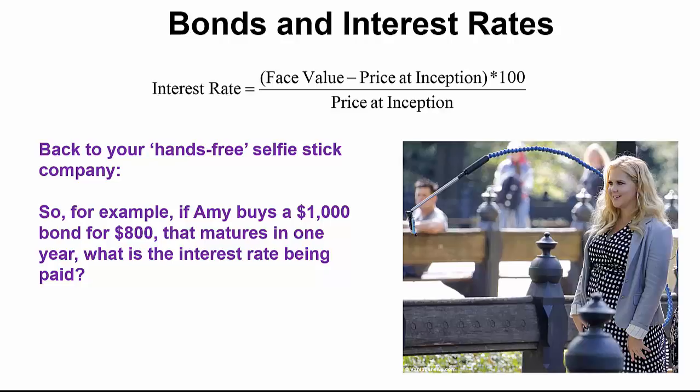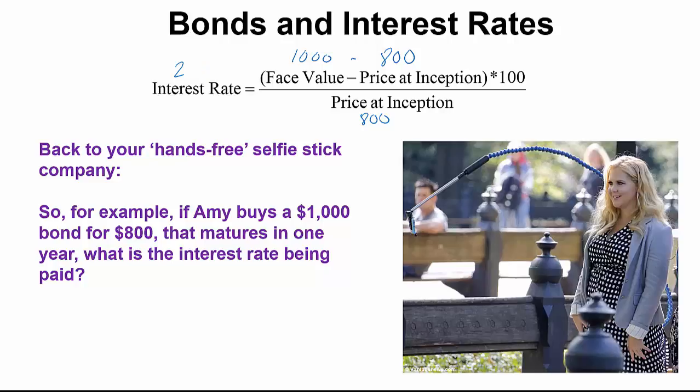So, for example, Amy Schumer decides she's going to buy a $1,000 bond for your hands-free selfie stick company, and the price y'all agree upon is $800. This bond matures in 1 year, and so what is the interest rate? Well, we take the face value, which is $1,000, and then we subtract the price at inception, which is $800, and then we divide by the price at inception, which is $800, and we determine that the interest rate is,